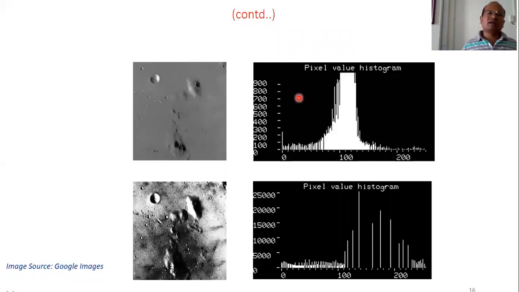See one more example, this is probably an image of the moon. There was a mission called Chandrayaan which captured the first moon image, right? And this is the pixel value histogram. And you see here the distribution in the histogram of the enhanced image. Can you see how important contrast enhancement is? In the first image, you are not able to see anything properly. There is one hole and two other structures that can be seen.